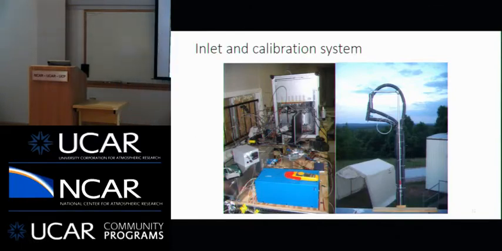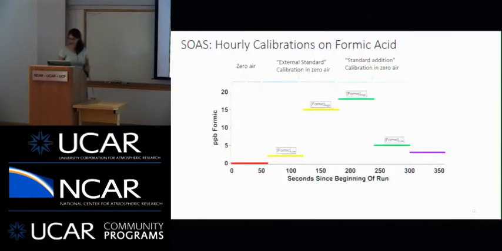And then we had a separate inlet, actually we had two of them, so we could add zero air, so we could do background measurements very frequently, and do calibrations very frequently. And by very frequently, I mean once an hour, which for some gas phase measurements is quite common. I think for mass spectrometry it's a little less common. But we did very frequent calibrations and zeros. We did the calibrations in two ways. So every hour, this is what we would do.